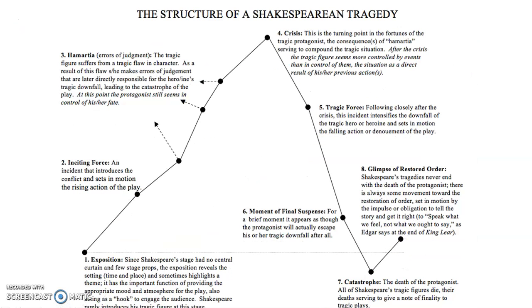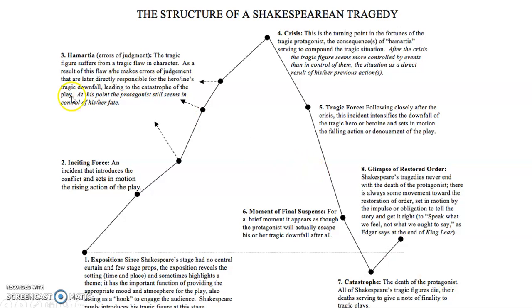So he needs to make an error of judgment here. Okay, so while it's saying at this point, on this half of the triangle, if you will, the protagonist still seems in control of his or her fate. That idea of control of a fate is something that increasingly slips in a tragedy, isn't it? It snowballs, and all of a sudden there's nothing they can do, and they're doomed, and everybody's going to die. At this point, there is still room to turn back almost. So you could debate that as well in the opening.